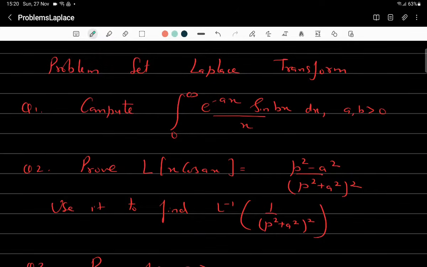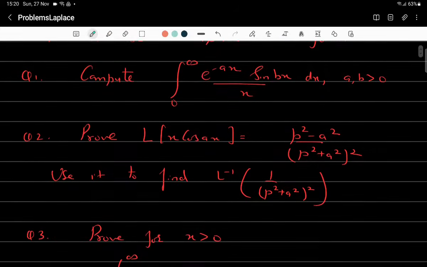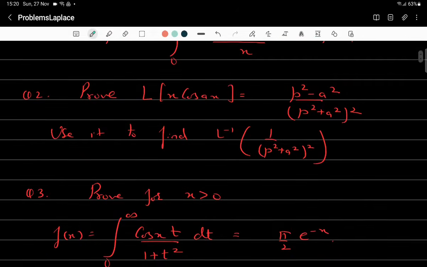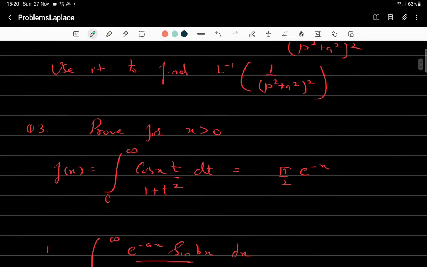Good afternoon, everyone. So today I am going to cover only three questions which are based on Laplace transform. All three would require a different approach and they can be very helpful in solving many of the problems. So I suggest that all three questions you first try by yourself, see how you will be able to approach them, and then you can see the answers which I am going